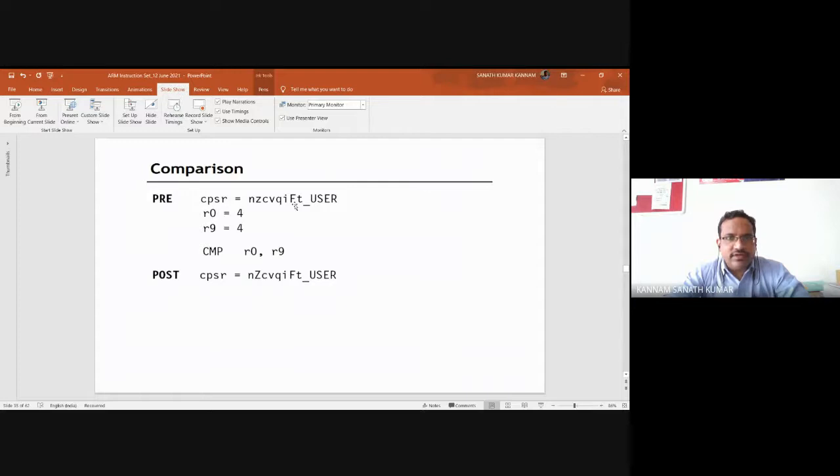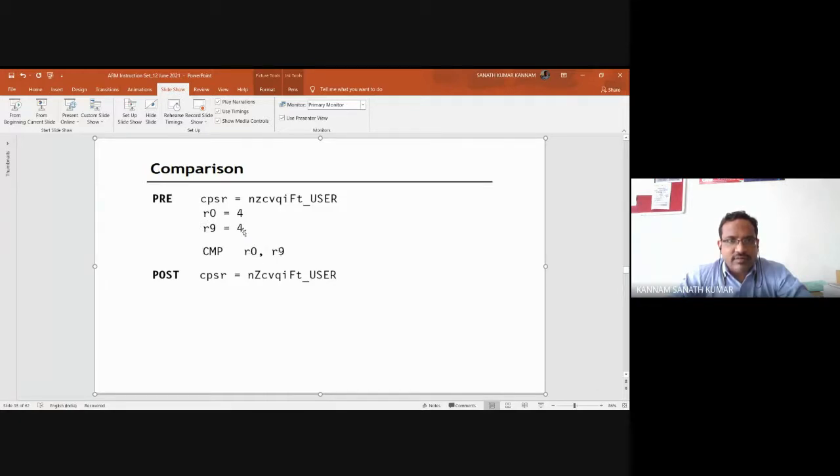So this is one example. Here the CPSR shows NZCV, QIFT and user mode. You need to concentrate on these conditional flags, NZCV. Initially R0 is 4 and R9 is 4. You are comparing the content of R0 and R9.